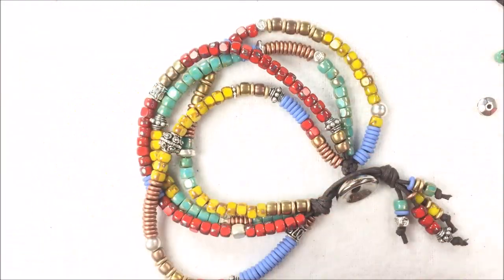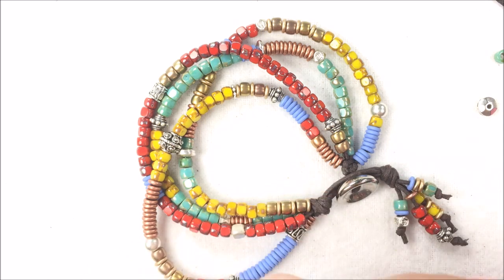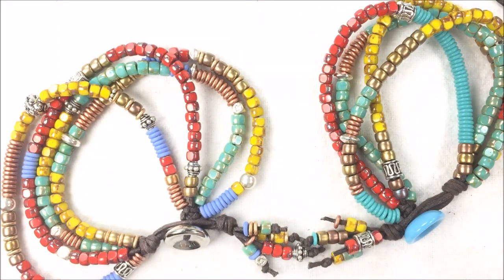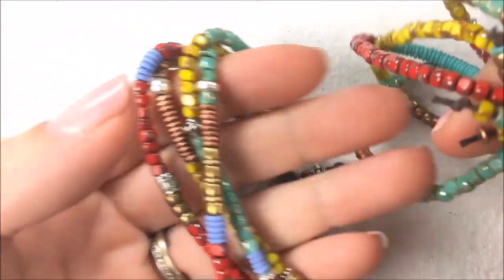So you can see just changing out one of the O beads, kind of what that does to the design and to the color of the bracelet. Switching out from that turquoise to that bright blue kind of makes two different versions of the same bracelet. Again, if you need any of the materials to do this fun bracelet, you can go back to the beginning of the video